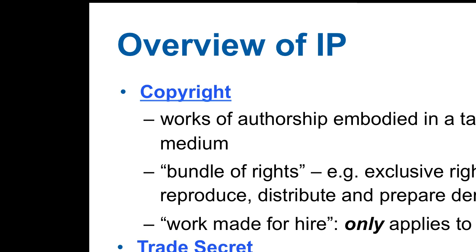The AIA, when we get there at the end, has changed things a bit with respect to trade secrets that may have some effect on valuation. And you have to take reasonable steps to protect your trade secret. So those are the general categories of IP.